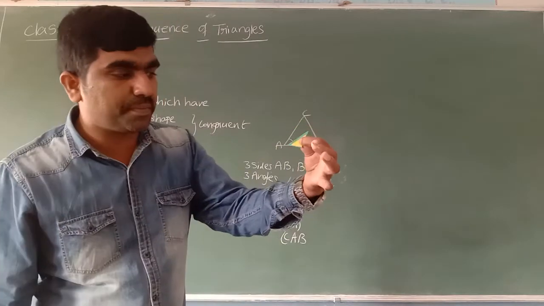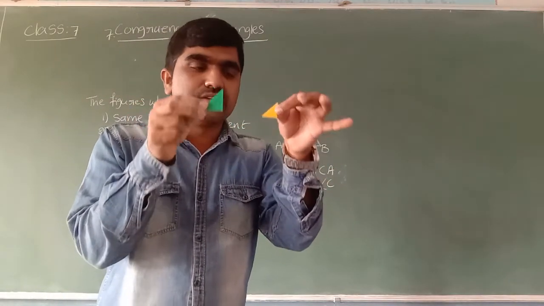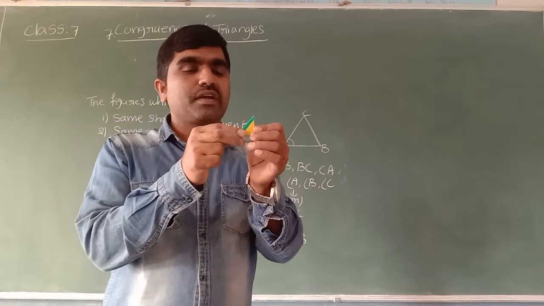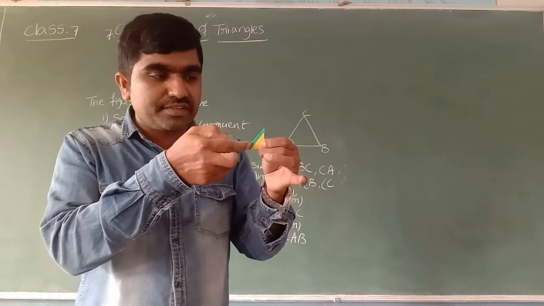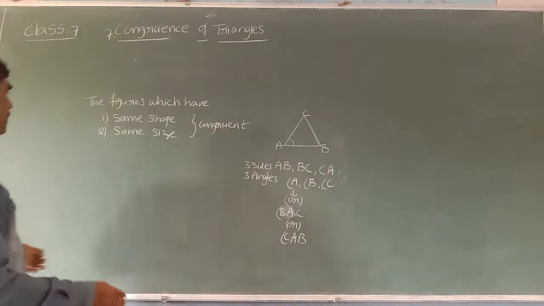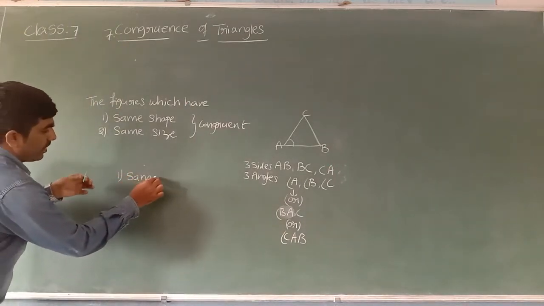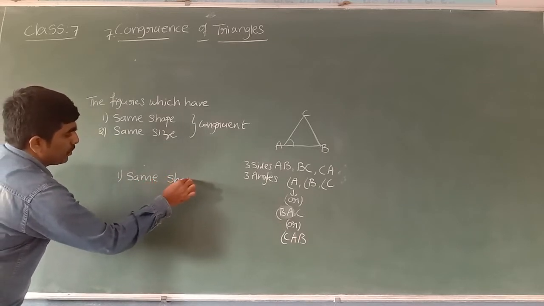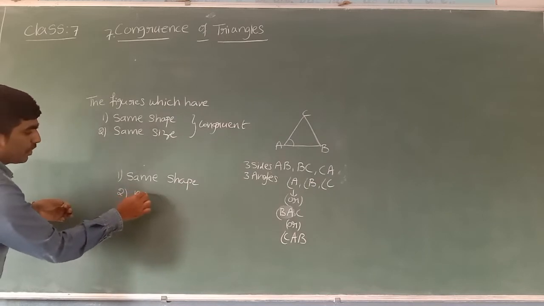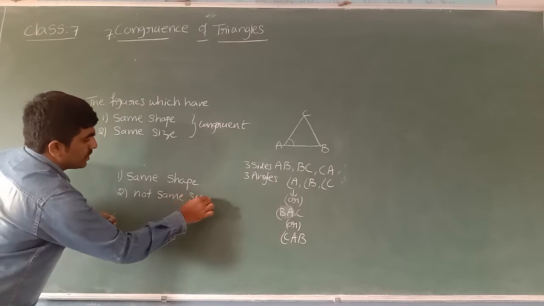Though both are the same shape, triangular shape, and that too right angle triangle shape, they are not the same size. Because of that, this space is left. So both are the same shape, but not the same size. Here I took two objects, and both are the same shape, right angle triangle shape, but not the same size.